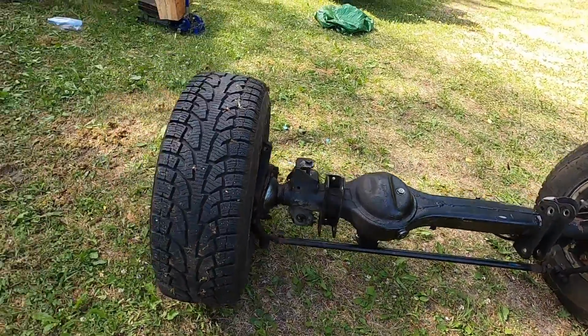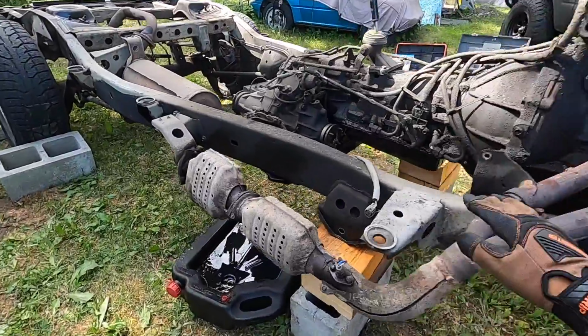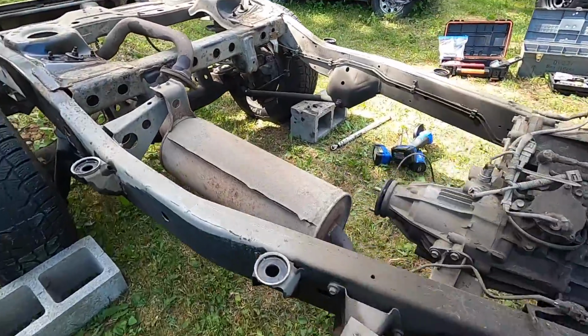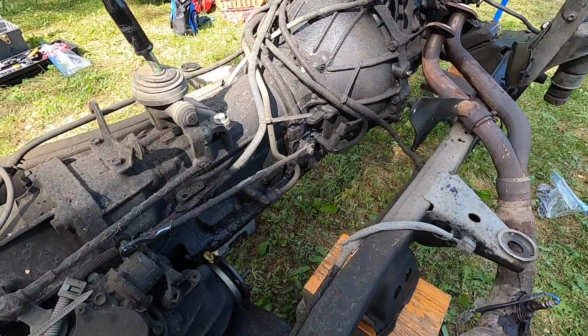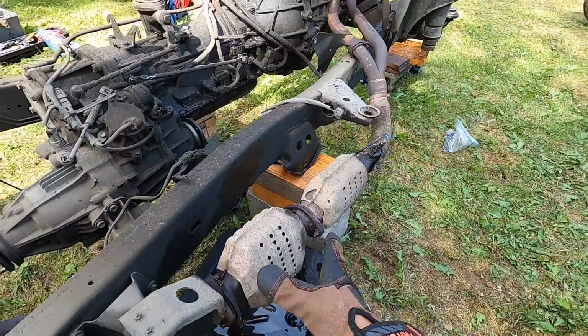I'll go ahead and take off the tires once I load it up. So this is what we got so far. I don't think I'm gonna take the rear dry line off today. I'm gonna focus on the catalytic converter, and I'm draining out all the oil. So I got the rear diff drained, just got done with the T-case. Next thing I gotta drain is the last, which is the ATF, or tranny fluid. So drain the tranny and try to get this cat off, because I want to keep that too as well,